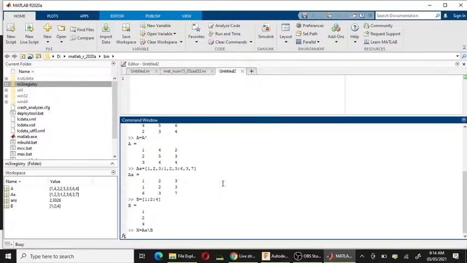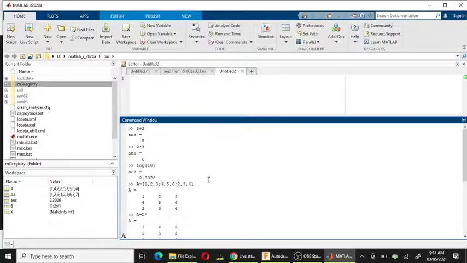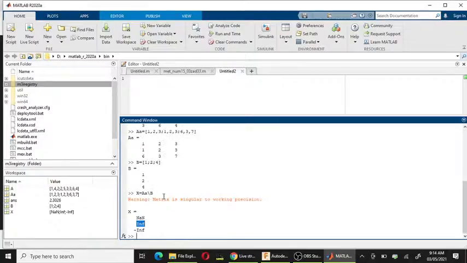We get NaN, Infinity, Infinity. What does NaN mean? What does infinity mean? NaN means not a number. Infinity means infinity number. So this solution is not possible.